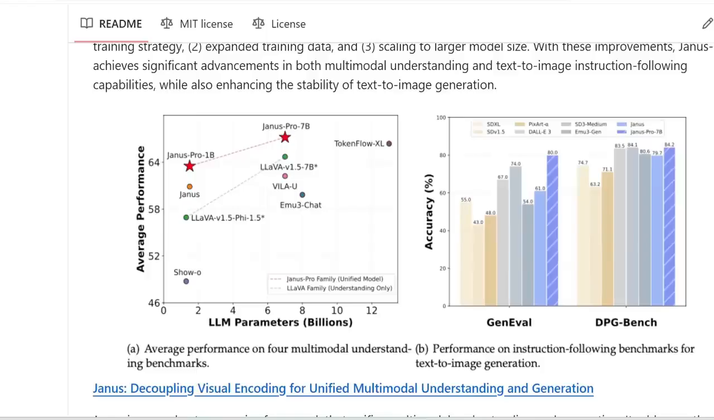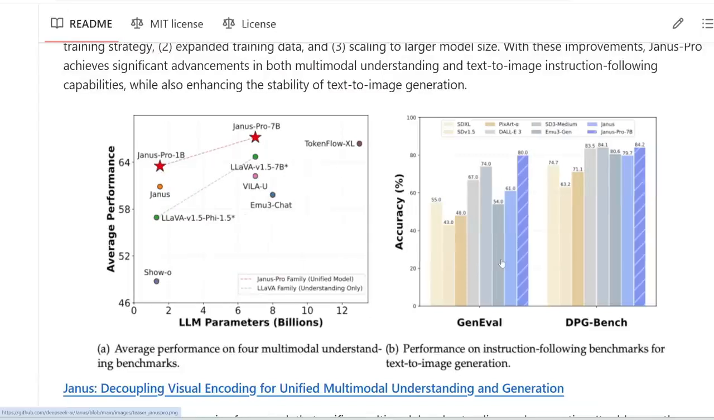Now, because this isn't just an image generator, it can also understand text. They compared this with various benchmarks. On the left, they compared it with several multimodal understanding benchmarks, and you can see Janus Pro outperforms all the other models of similar parameter sizes. And then on the right is the performance of Janus Pro in terms of instruction following benchmarks for image generation. And you can see, at least comparing it to Stable Diffusion 3 Medium or DALL-E 3 or SDXL, Janus Pro